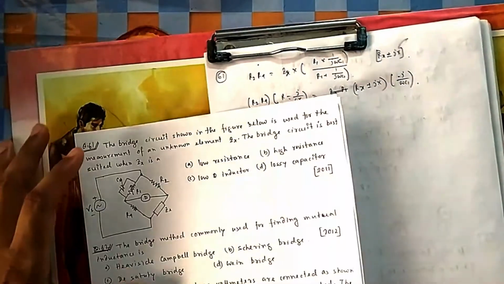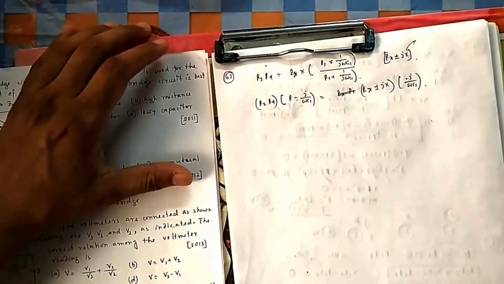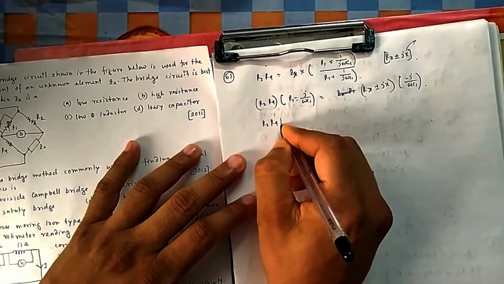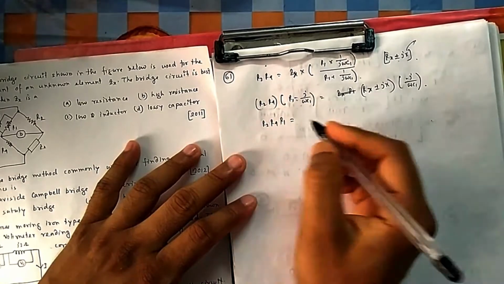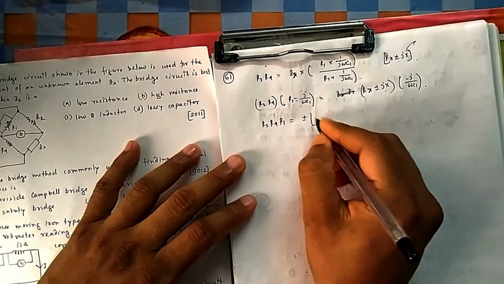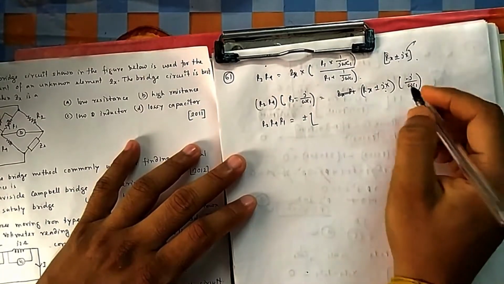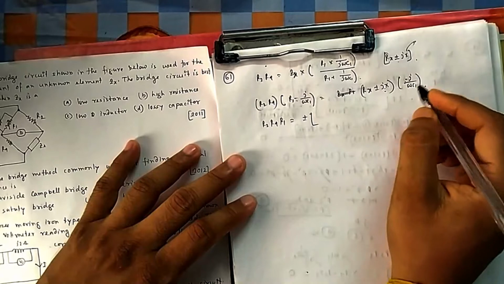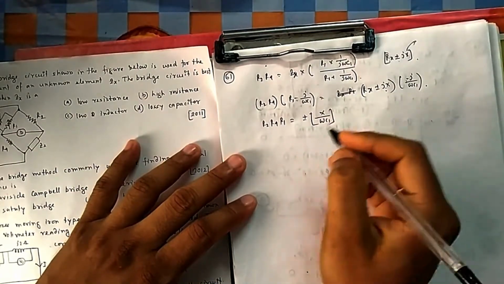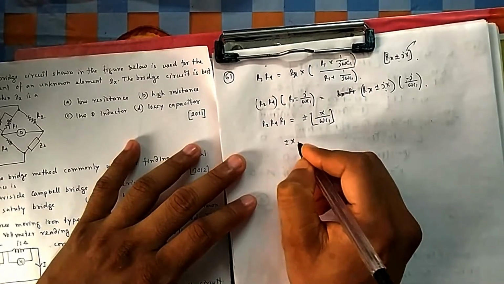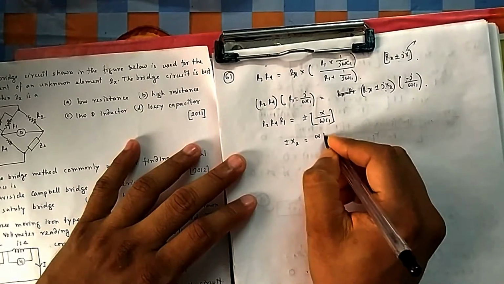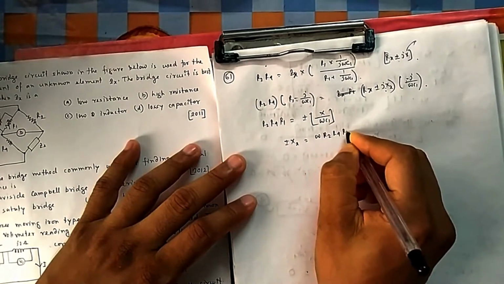So now if you take the product and separate real and imaginary, this side, if I separate the real part, is R2 R4 R1, and this side the real part will be when you take the product of this one. So let me write it plus minus, and then j square is minus 1, and that minus will make it plus, so it will be j by omega C1. So you can see your plus minus x, that x actually is equal to omega R2 R4 R1 C1.